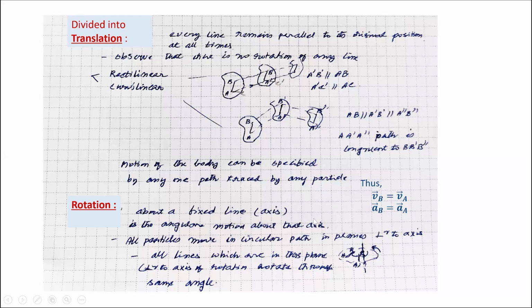Okay. And then the rotation part here, we know that it is about a fixed line. So that's what the 2D motion is. But however, if you project them on a plane perpendicular to the axis,